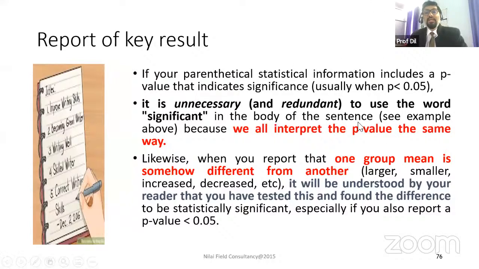And if your parenthetical statistical information includes p-values and likewise, you have to show what level. Is it 0.001 level, 0.01 level, or 0.05 level of significance? You have to clearly mention it. Then only it will be accepted, because we are looking at the critical value and the calculated value. When the reviewers look at these analyses, they look at whether it is at the 0.05 level, because in the table, 0.05 is different from 0.01, different from 0.001 level. So we look at the scores properly. All right. So please be careful on these aspects.